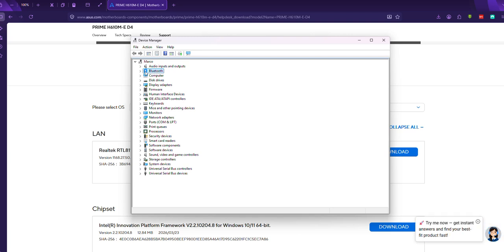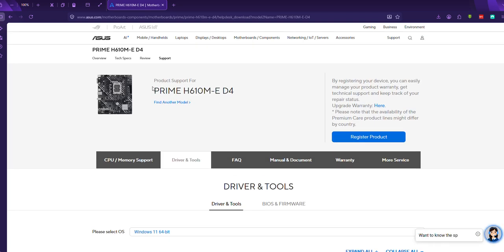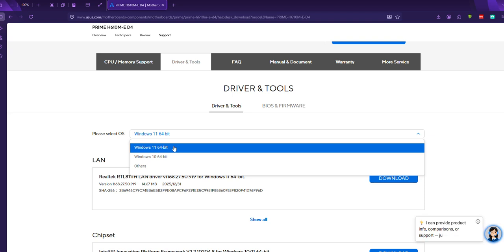So if you want your Bluetooth to come back on your Windows 11, you just have to understand exactly which one is your motherboard. My motherboard is the Asus Prime H610, etc. The moment you know the name of your motherboard, you just have to read it. It is written there. Then you go to the official website of your motherboard and download the driver for Windows 11 or Windows 10, depending,